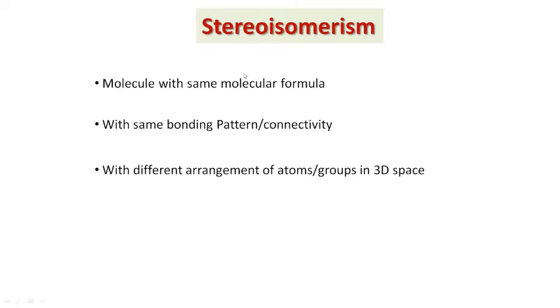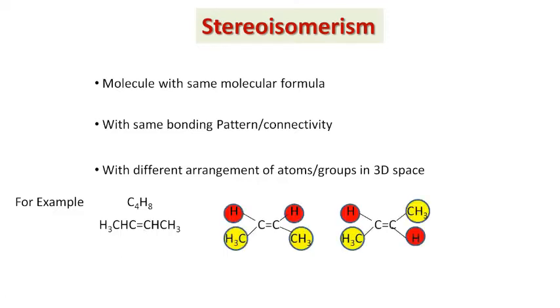Stereoisomers are those isomers which have the same molecular formula. For example, here I have C4H8, which has two different chain isomers in which the position of the double bond is different. This type of molecule has two different arrangements of its substituent groups as shown here. Here the CH3 groups are on the same side of this C=C. However, in this case these methyl groups are on different sides of this C=C group.